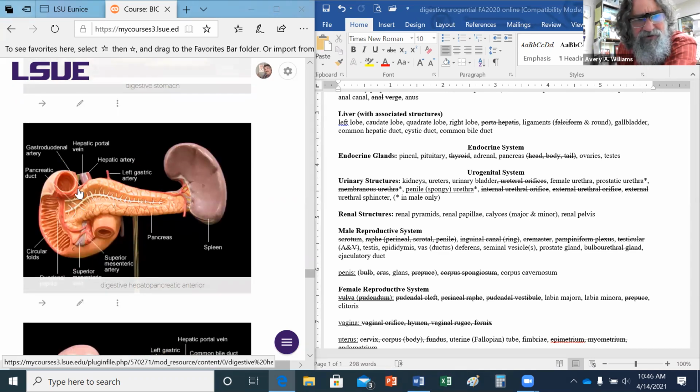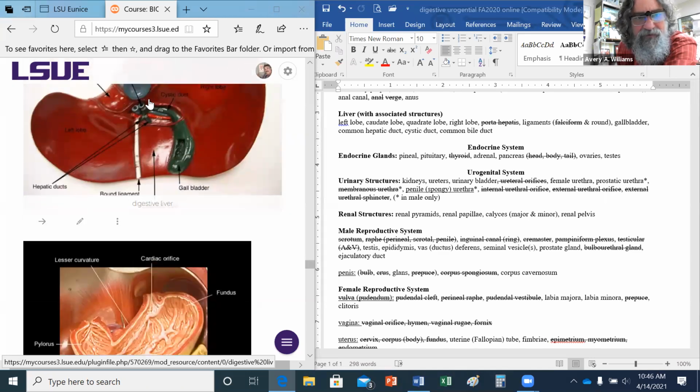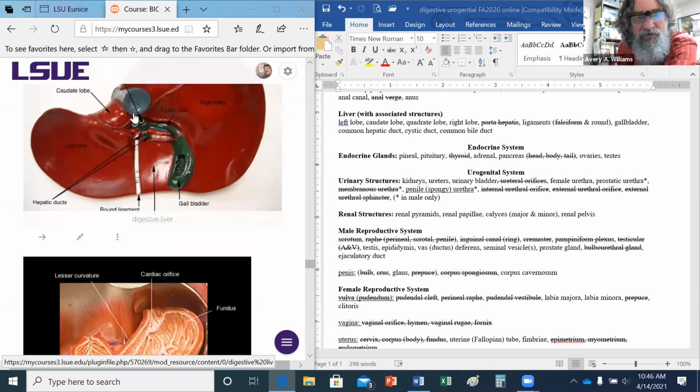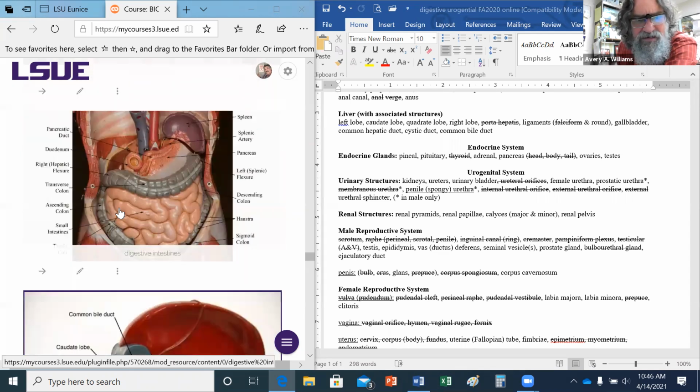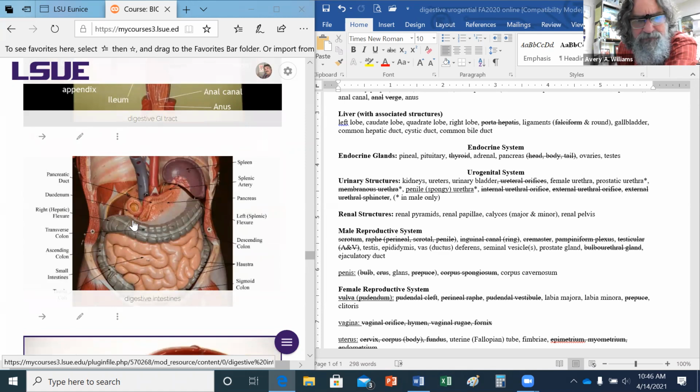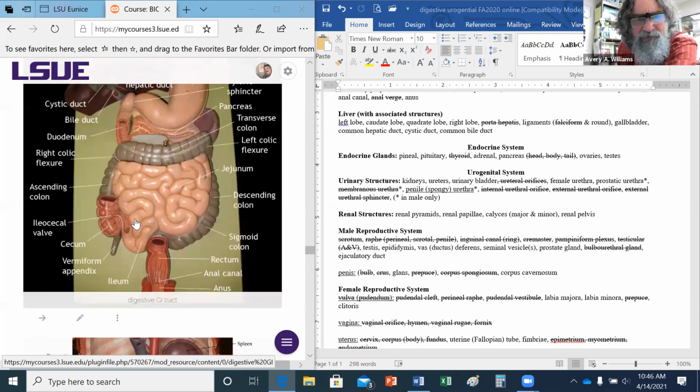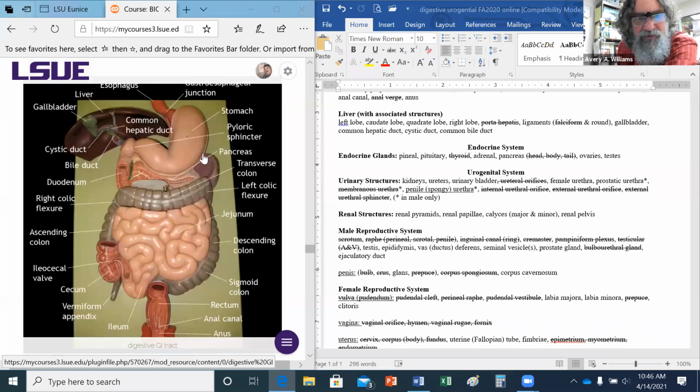You can see it right there. And a little bit of it right there. Of course, this is where it would start right here. From here and go to the duodenum. A little bit of piece of green right there. There it is right there again. It's going to be